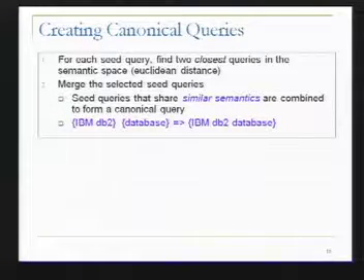The example here: IBM DB2 is a term pair which occurs, let's say, more than 500 times in the document collection, and also database, which occurs more than 500 times. And in the semantic space, if these 2 are together, that means they are topically related, so we can combine them to create a new query, a canonical